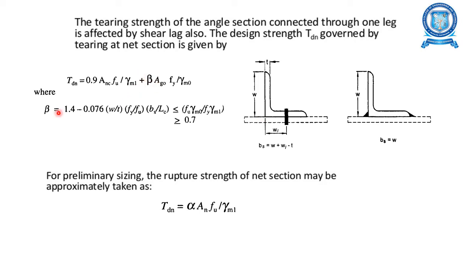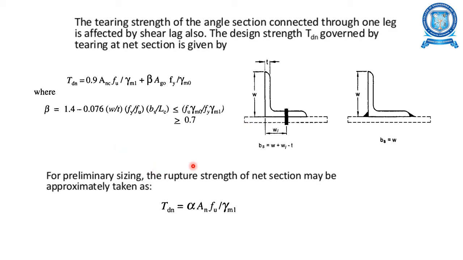The beta value is calculated by 1.4 minus 0.076 into w by t into Fy divided by Fu into bs divided by Lc. That value is less than or equal to Fu gamma M0 divided by Fy gamma m1, or the value is greater than or equal to 0.7, where w is equal to outstanding leg width and bs is equal to